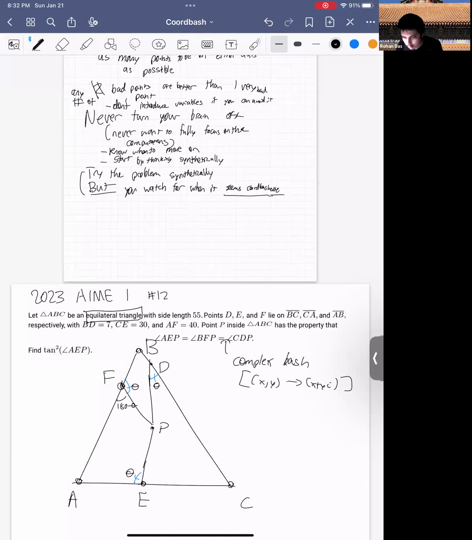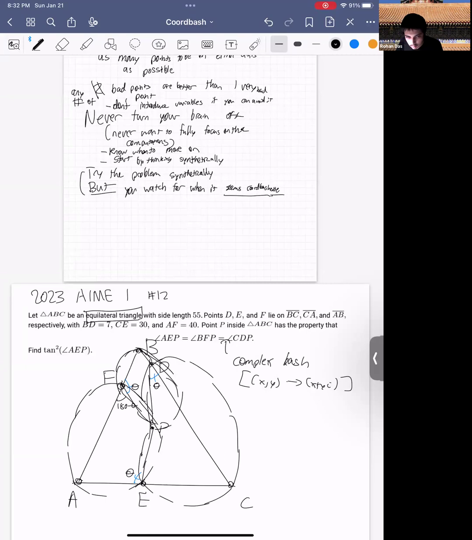But the condition for a quadrilateral to be cyclic is that the sum of opposite angles is 180 degrees, which means that AFPE is cyclic, and you're going to have to pretend that's a circle because my diagram is a bit inaccurate. Similarly, BFPD is cyclic, and